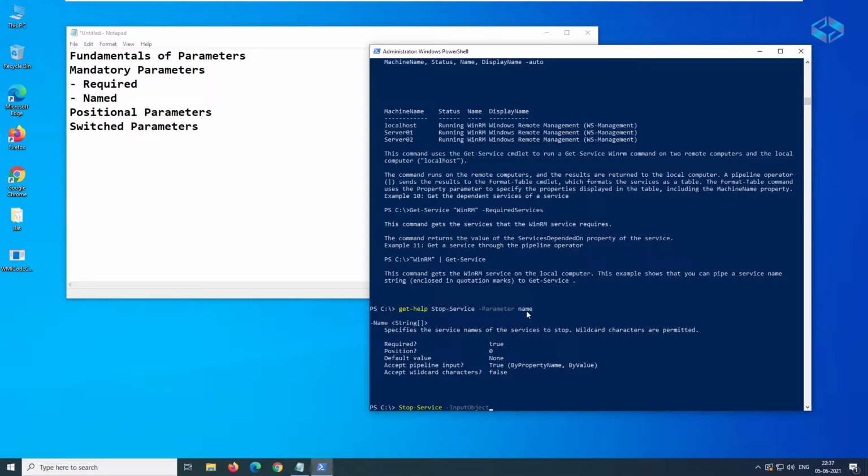In this case I just took Name, and you can take any example here. You will get the details about the parameter, what exactly you need to give, and so on. I will talk about that now. So let's say Stop-Service, and you can say here Get-Help -Parameter.